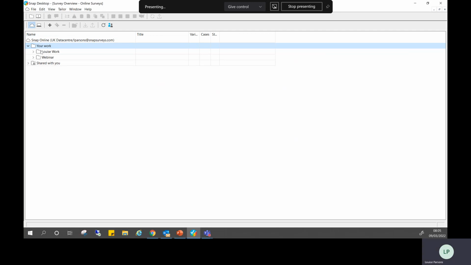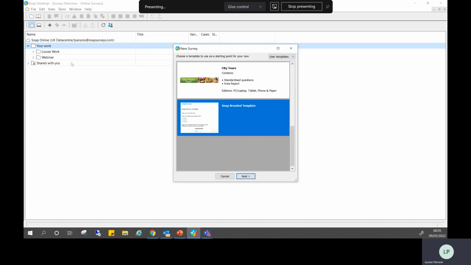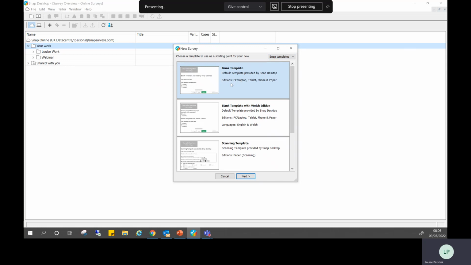So I think the good place to start is, because I'm going to show you auto synchronization, let's just make a very quick 2-question survey. And I do this by clicking the plus button for a new survey, and I'm immediately faced with my templates. So these blank templates are there for everybody. Your language version will depend on which country you're in.